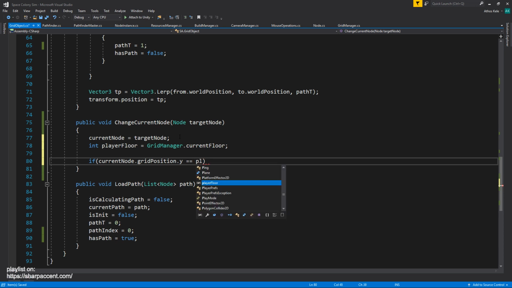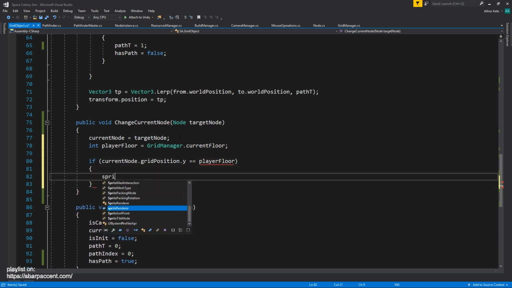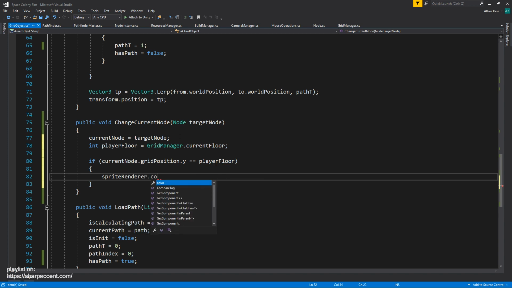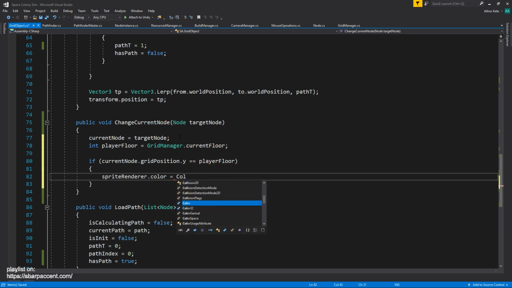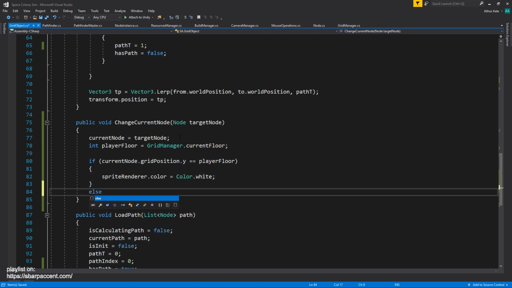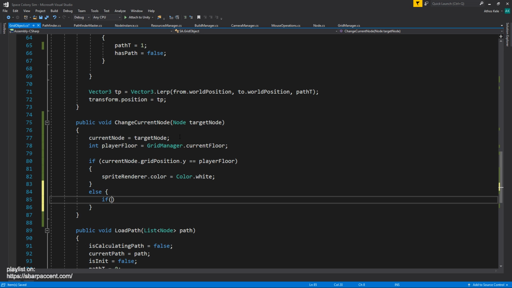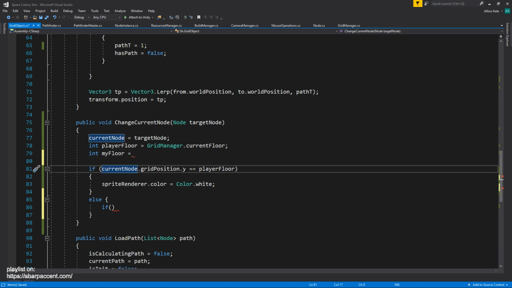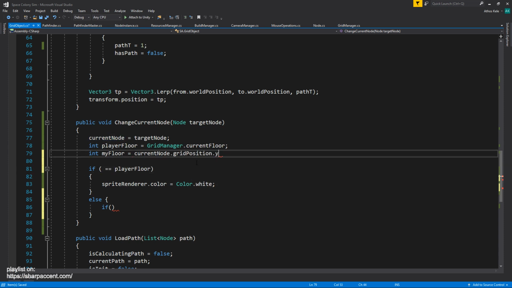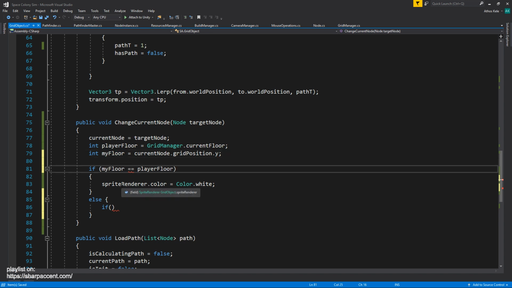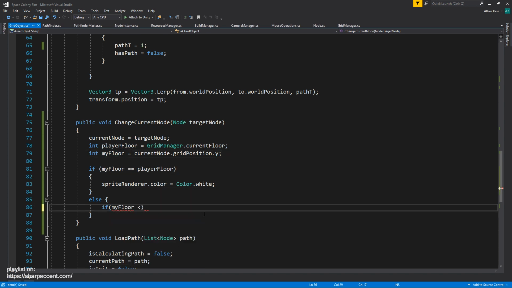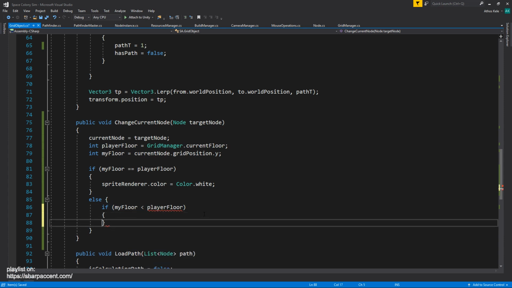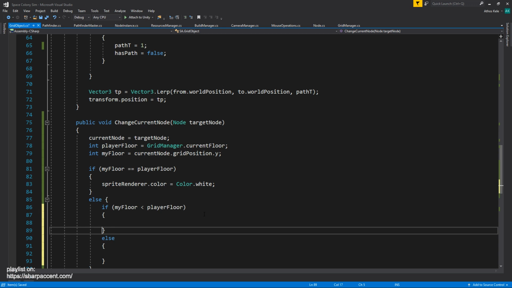So if grid position equals the player floor, then sprite renderer dot color will be color dot white. Else, if, okay, let's say my floor, let's cut all of that. Okay, paste it. My floor, and if my floor is lower than the player floor, else,